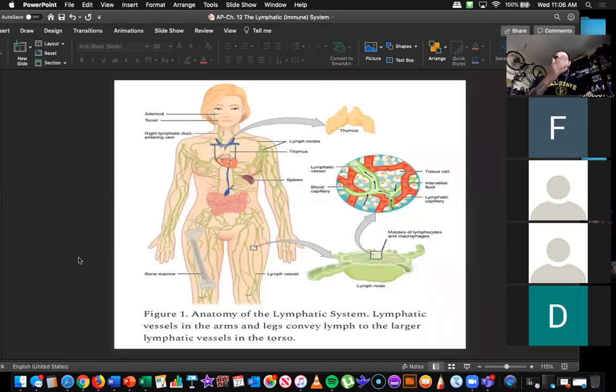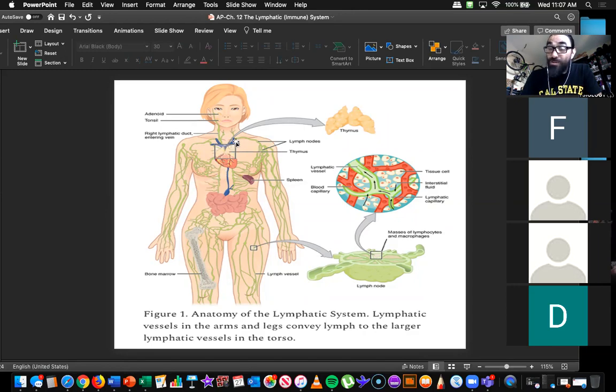All right, so here is a picture of the lymphatic system, okay? And as you can see here, the lymphatic system is a system of vessels or tubes, right? And so I was telling Daisy and Anna the other day, remember that little mannequin thing that I had in the back of the room? If you got a chance to look at it, there were these little green tubes throughout that model. Those are the lymph vessels, guys. And as you can see here, these lymph vessels kind of look like systems of veins, right? They travel all throughout your body for the most part, right? You can see they travel along the arm, along the abdomen, along the legs.